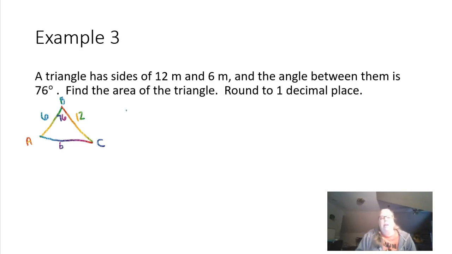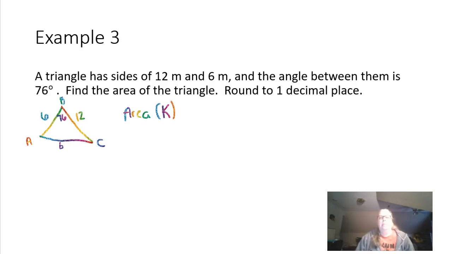If we want to find the area of this triangle, by the way, some textbooks will use a capital K to signify area. I think that's because many times when we draw a triangle ABC, it would be very confusing to have a capital A stand for area and also a capital A stand for an angle in the triangle. So they usually use the K. I don't think your textbook does that, but just in case you ever see it